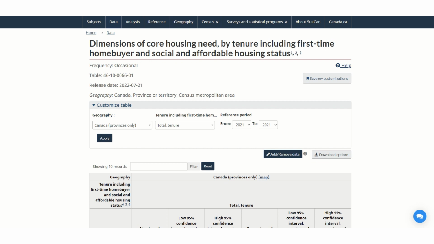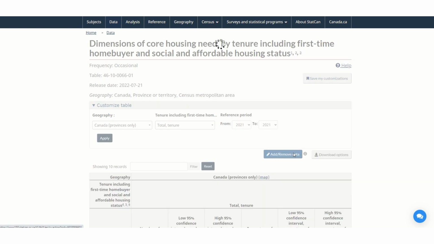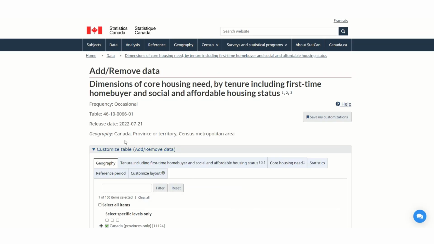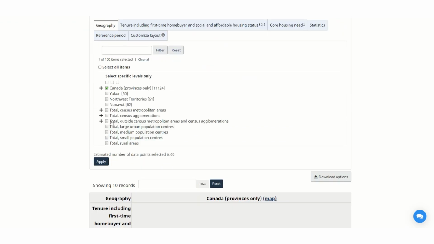Let's take a closer look at an individual data set. With federal information, it's important to note the geography. We want data for Toronto, after all. Some datasets are only available at a larger level of geography, like province or territory, and this might not be as granular as we need. On Statistics Canada, the filtering is slightly hidden, but you just need to press the Add Remove Data button. Here, you'll see that we can narrow our selection to Toronto.